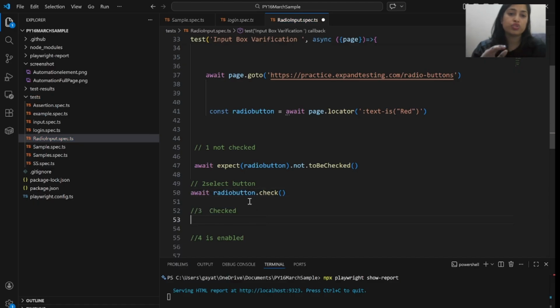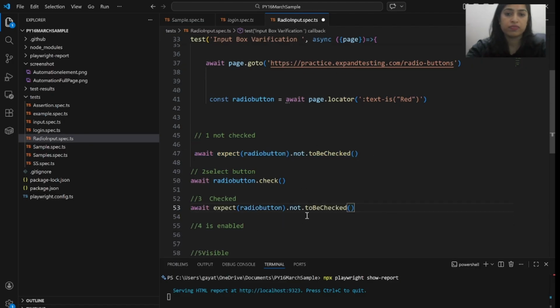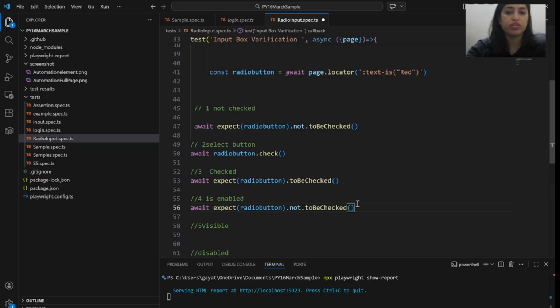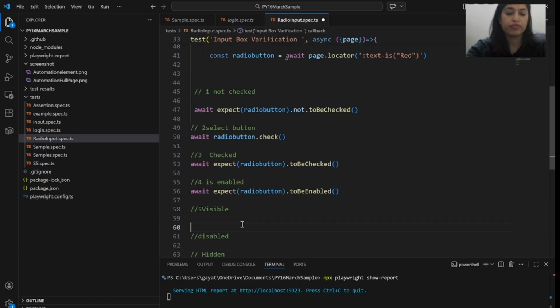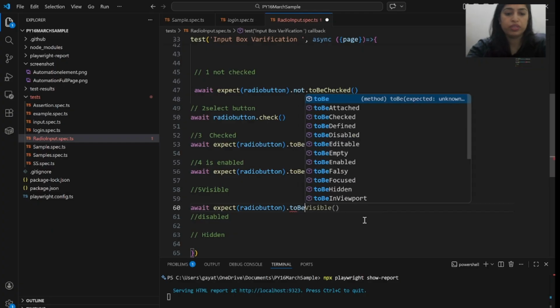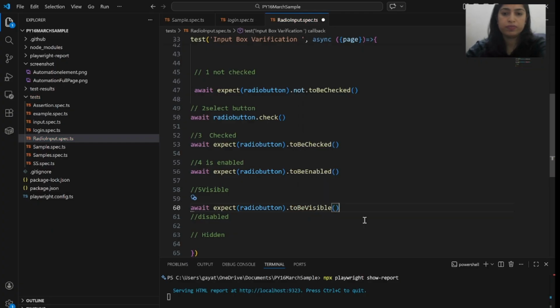Now, once you check, you can verify that your radio button is checked or not. So like that, to be checked. And then whether it's enabled or not, you can verify that: to be enabled and visible, to be visible.